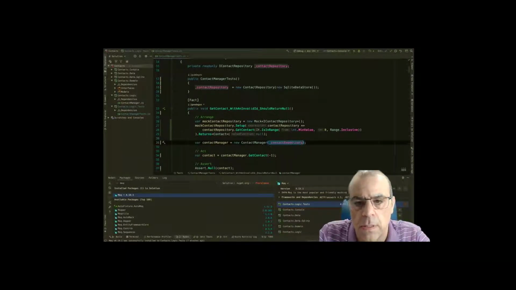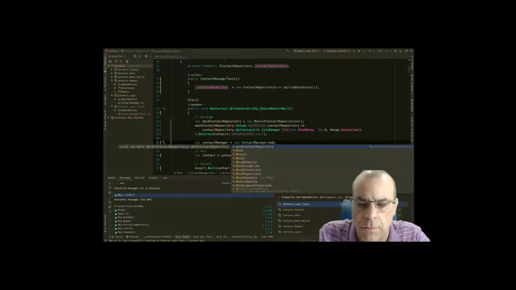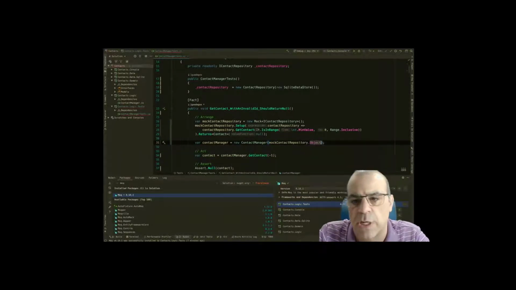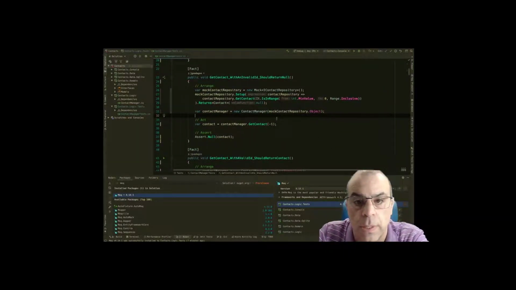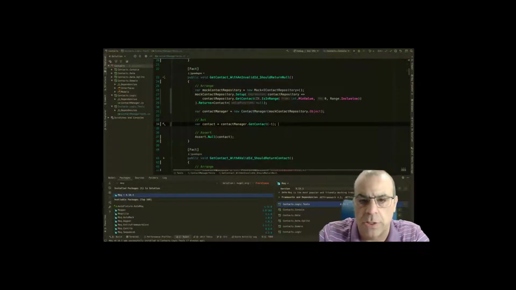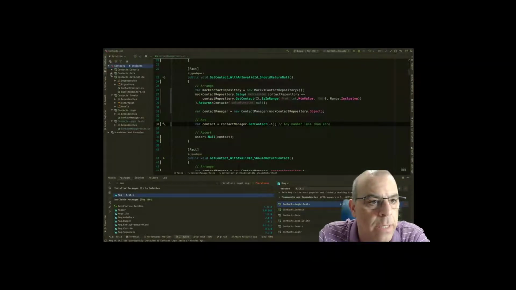So here, in our contact manager, we are going to do mock repository dot object. Now when we run this, we are actually not going to the database at all. Let's just add a little comment: any number less than 0. Now this will still validate our unit test that it's coming back here, but it's actually not going to the database. So if we were to put a breakpoint here or a breakpoint here,